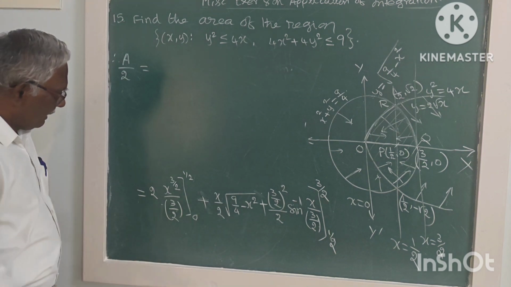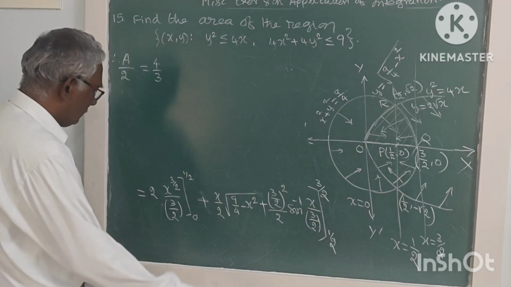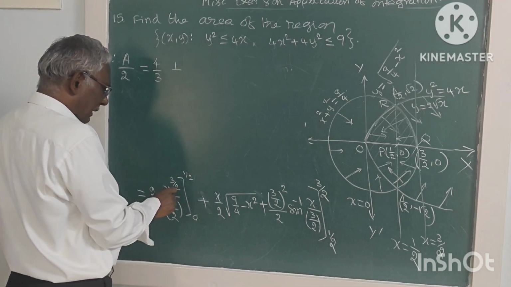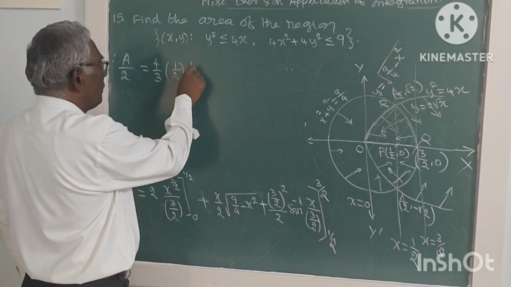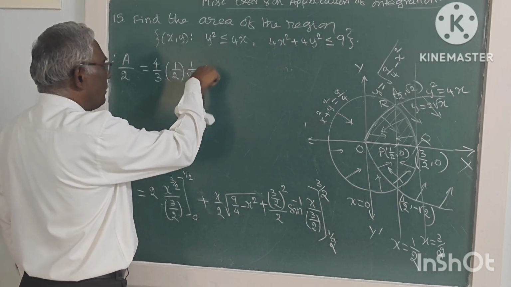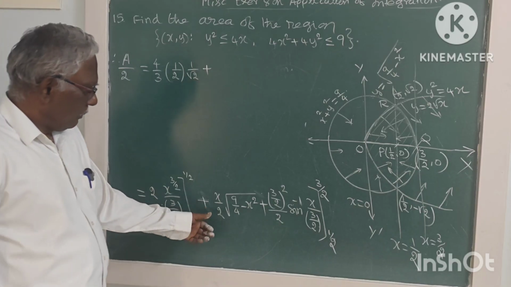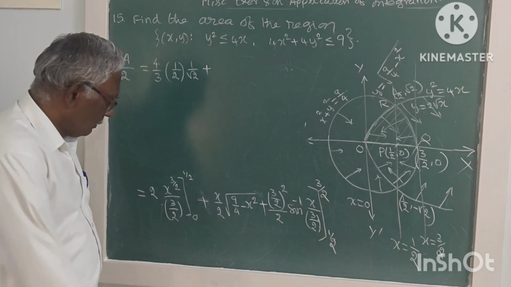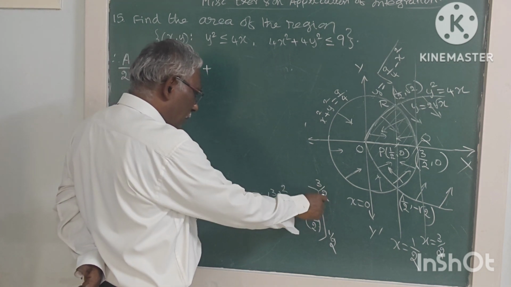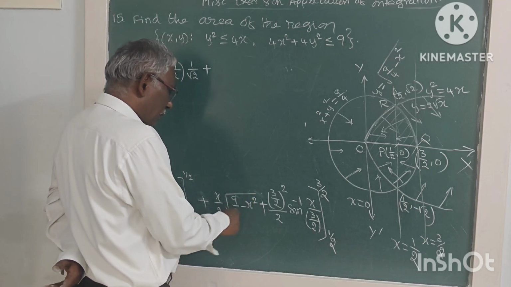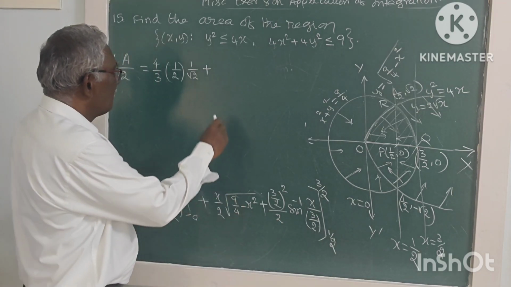This will be 4 by 3 times. For x we have to put half, so x into root x, x is half, root x is 1 by root 2, plus if we substitute the lower limit it will become 0. So now for x we substitute the upper limit 3 by 2: 3 by 2 by 2 times square root of 9 by 4 minus (3 by 2) whole square, 9 by 4, so this term becomes 0, plus 9 by 4, 9 by 8